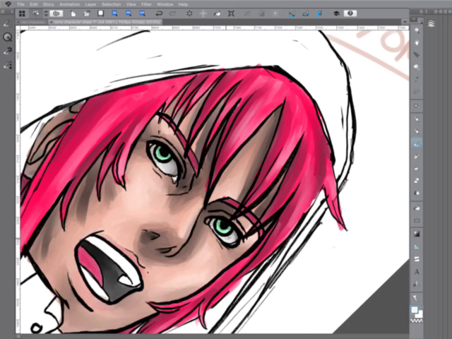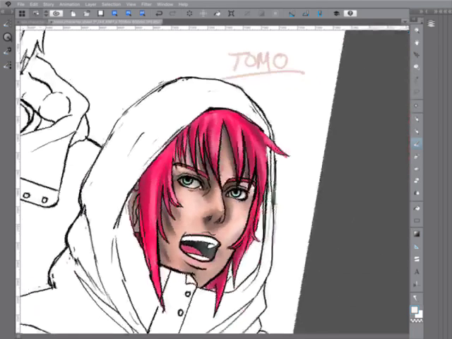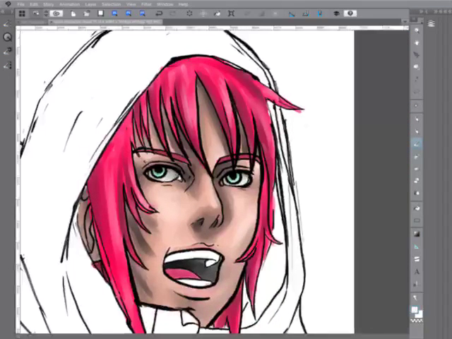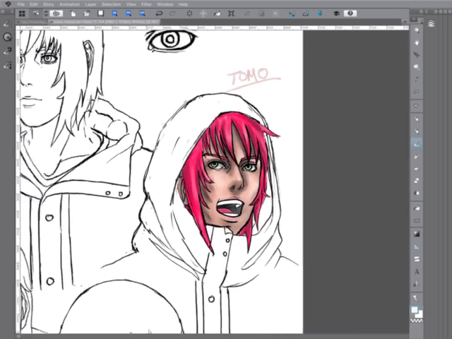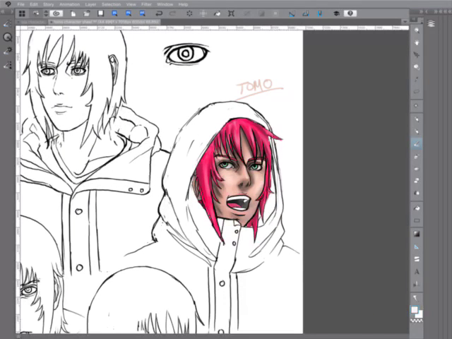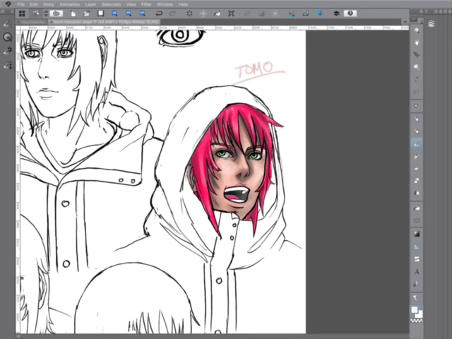Like that. I mean, there's no white in there, that's just different shades of gray. Alright.